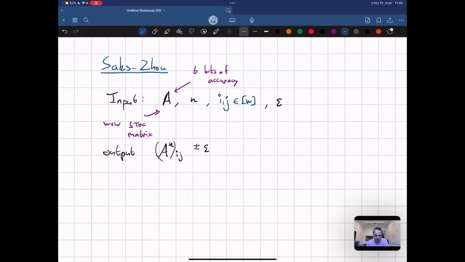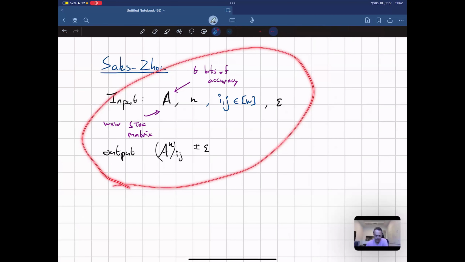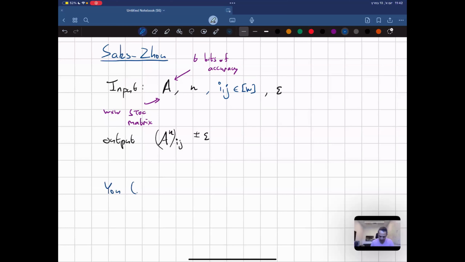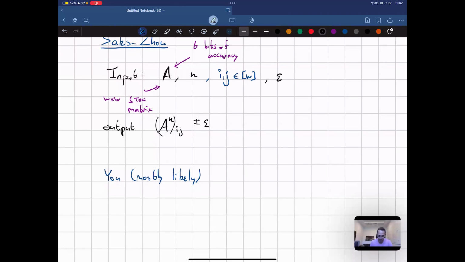And you can actually just try to do that by yourself. If you do essentially the first idea that will come to your mind, I guess, you're going to take repeated squaring, truncating the intermediate results so that you won't use too much space, and work it out. You'll probably get something like, so this is Saks-Zhou, and this is you, most likely. Maybe you are Saks-Zhou. But if you're going to try and do that, and that's all, by the way, problem 6 in the homework,